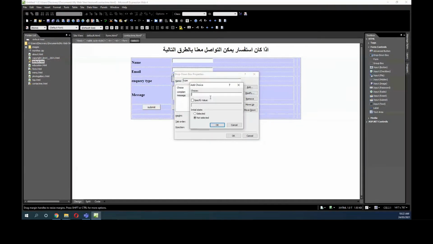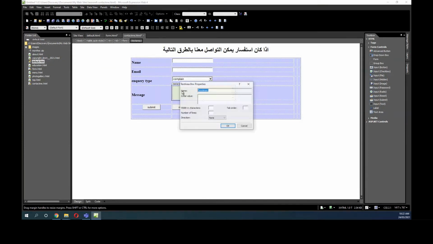Okay, and then add that and say inquiry. So I have three types. Okay, and say okay, and then I'm gonna say okay here. The last one is the message; call it, in English, message. And no initial value. I'm gonna say here, write your message here, without initial value, just keep it empty